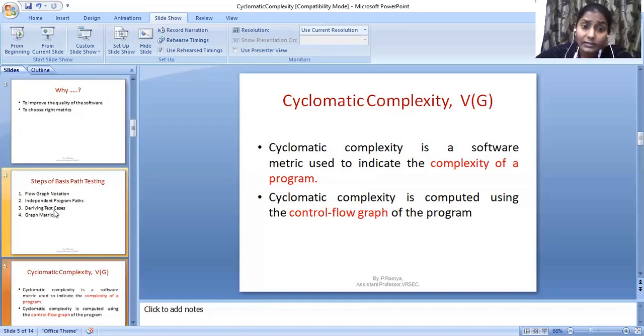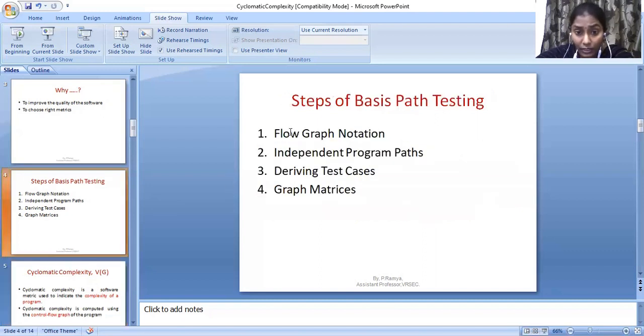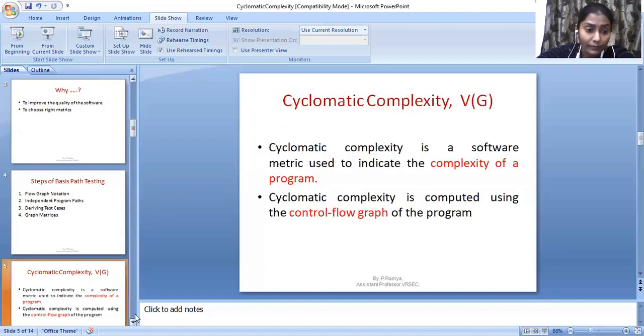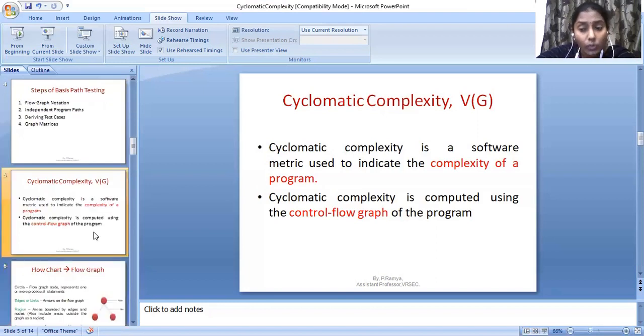So why am I discussing this cyclomatic complexity in the flow graph notation? I will tell you. In order to calculate the cyclomatic complexity, the first and foremost step that you have to do is convert your flow chart into a flow graph. So what you heard is correct. While writing code, generally if you are in a lab and the teacher gives a task to you, first you will analyze the task, and then you will draw the flow chart for it. Then if the flow chart is correct, you will start to write the code for that, right?